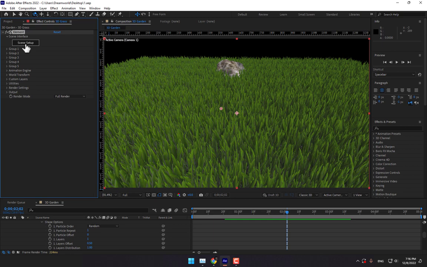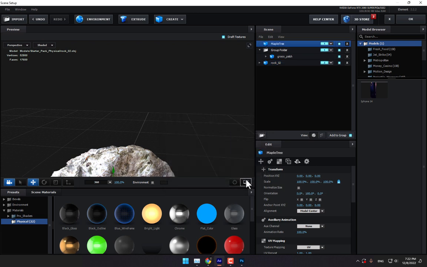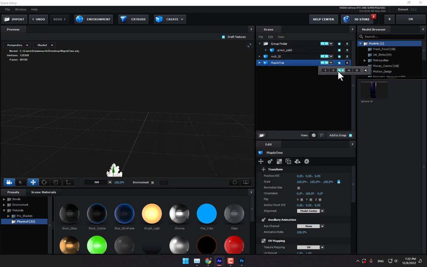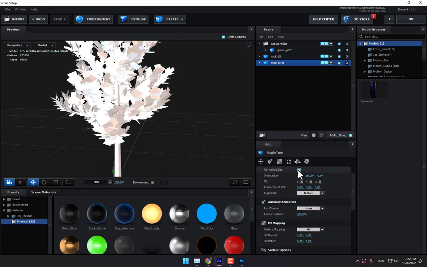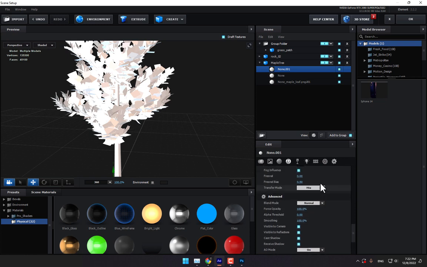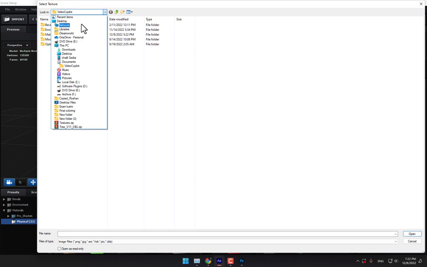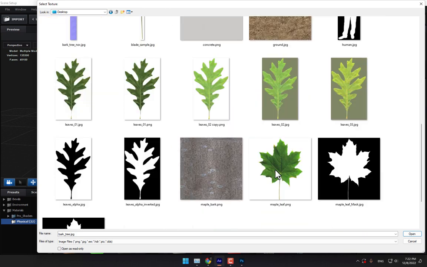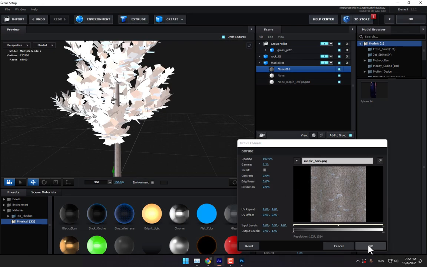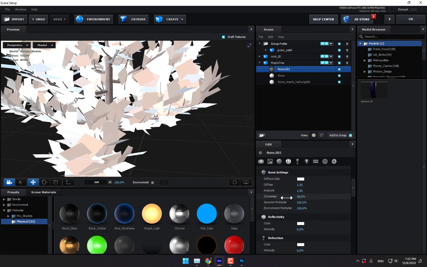So go back to scene setup, then go to import marble tree. Okay, move it down 3 and set the alignment point to bottom, turn on the actual size and go to none 1, select the diffuse, select the trunk texture. Here is, press OK, change the glass size to 0